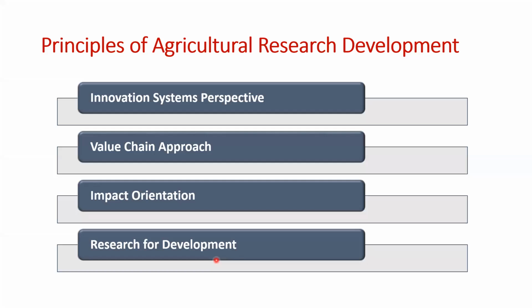Then the value chain approach, as I mentioned, we have to identify the chain of our agriculture products, to find out what the value of our commodities is and how the value can be enhanced, looking at the international community demands. So then the impact orientation,